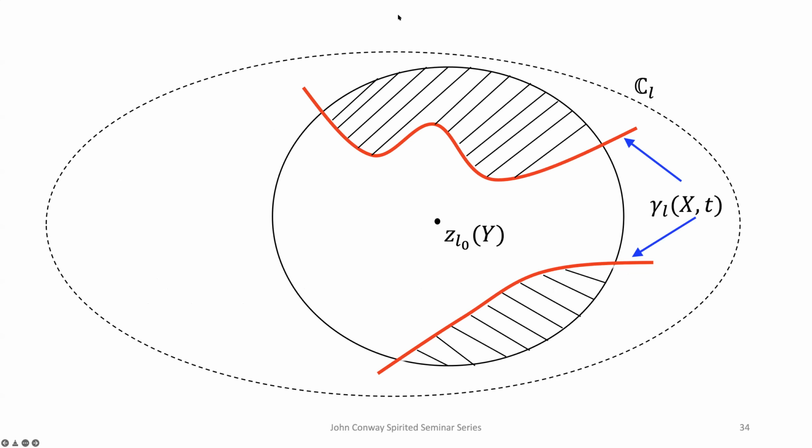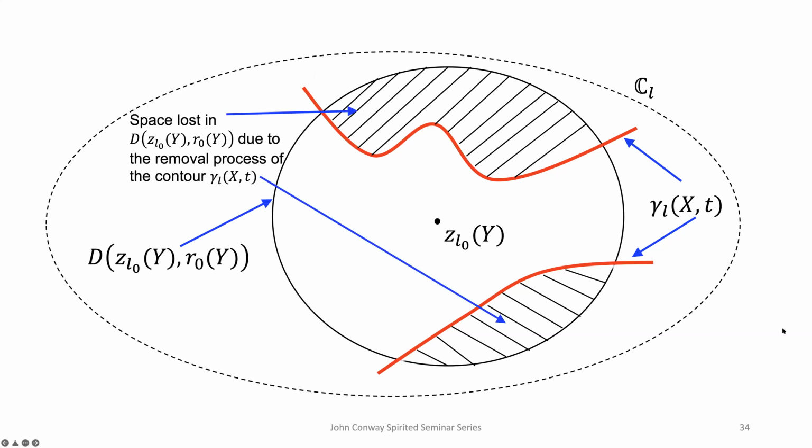So pictorially, you see these two pieces of the same contour, gamma L, the same contour, but after going somewhere else and coming back, the initial value is within the disk. So this space we cannot reach, the shaded line, because this is the disk, and this contour blocks it. So this disk is formed, the initial value. This space is lost. That means this space is not available for formation of the contour due to the removal process.